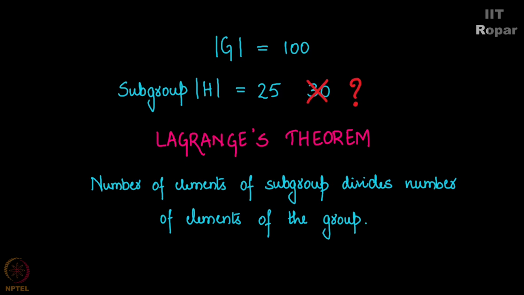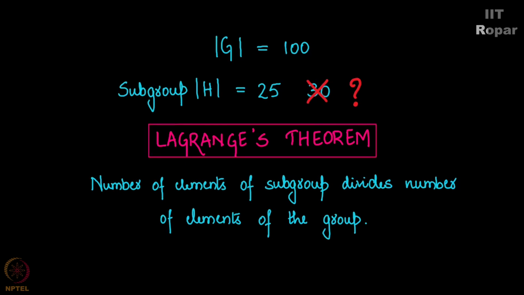I think it will be slightly heavy if we start discussing the technical aspects of group theory. So we leave it here. We just state the theorem and we expect that you remember this theorem. Alright? The theorem is very simple. If you have a subgroup, the number of elements in the subgroup will divide the number of elements in the group. I'll tell you a very interesting result here.